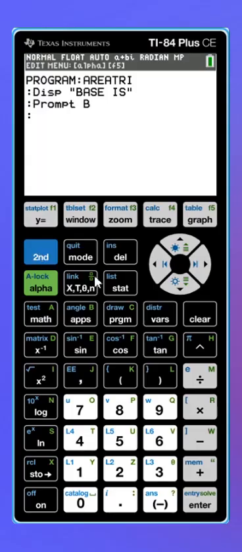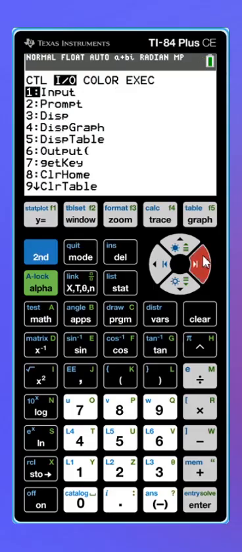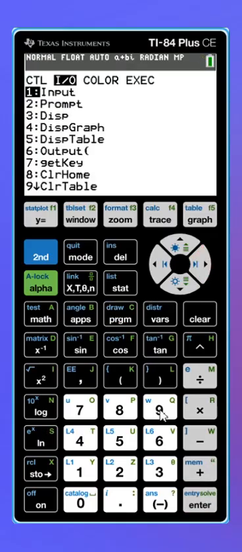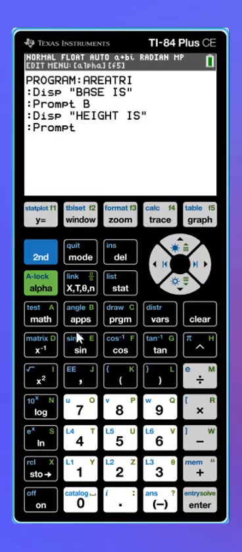And next we're going to display, do the alpha lock again. Now we want the height. So height is, now we're gonna prompt for the letter H,